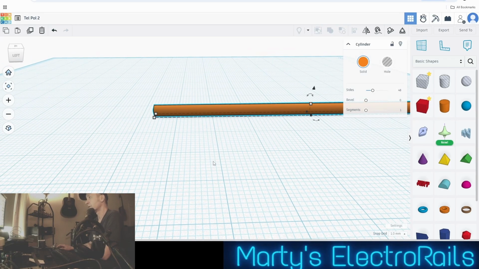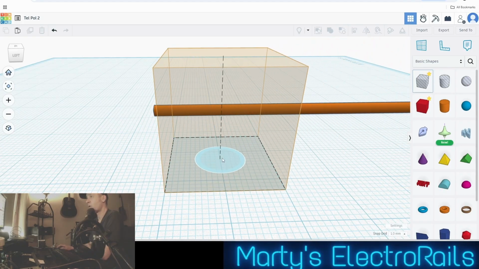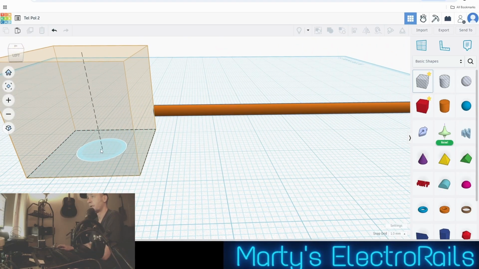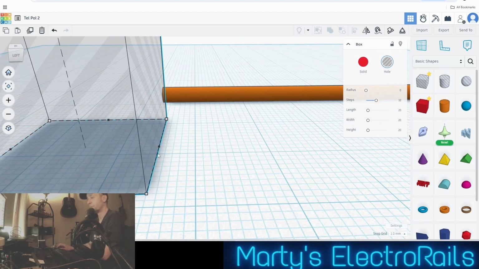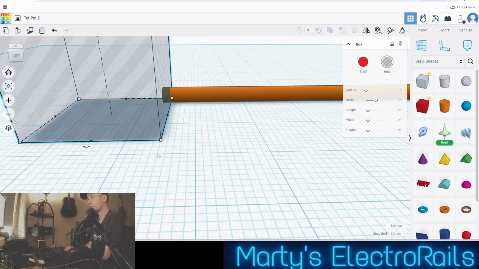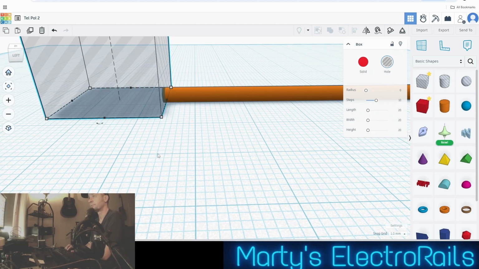I'll show you this quickly, how to do this, just to cut a wee angled cut on that. If I bring one of these, which is a hollow cube, this will cut against the actual pole. So if I move that into place,